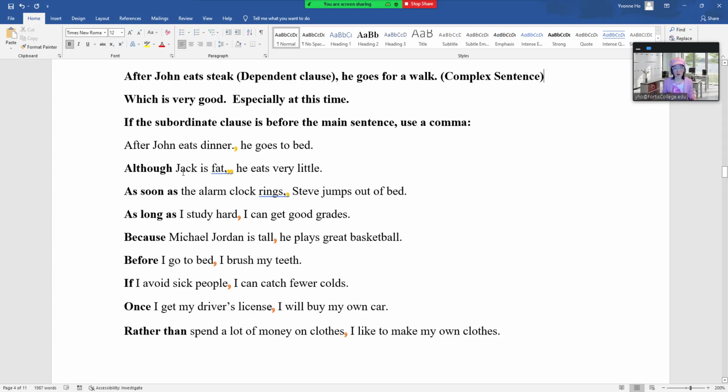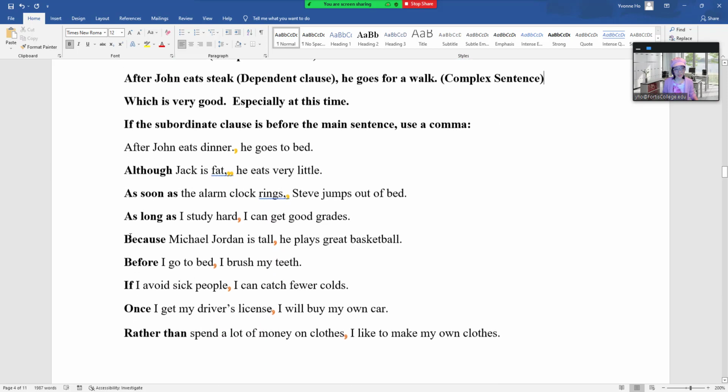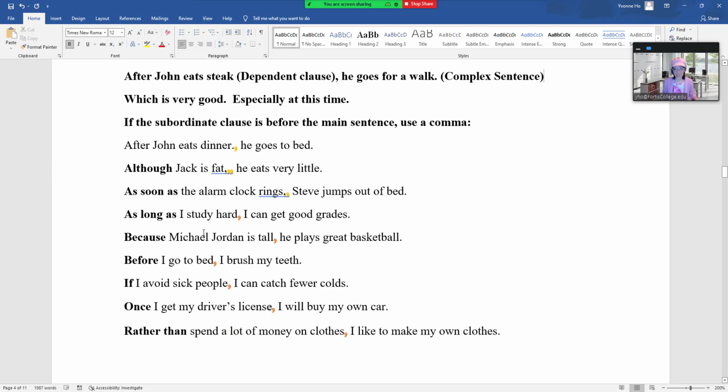So here you have, although Jack is fat, dependent clause, comma, independent clause. As soon as the alarm clock rings, dependent clause, because it's not a complete thought, because it begins with subordinating conjunctions: although, as soon as, because, before, if. And so here, as long as I study hard,